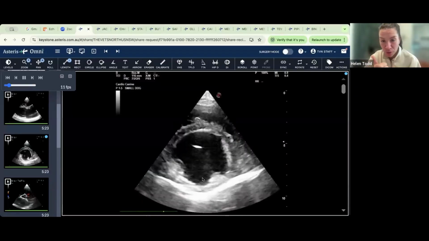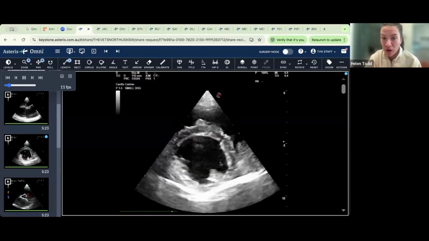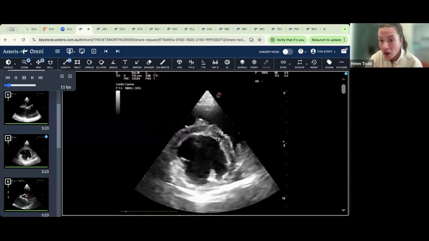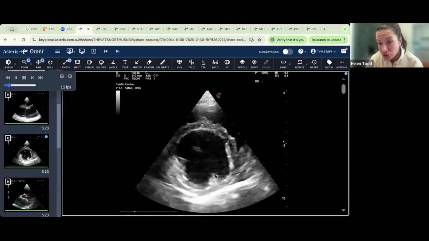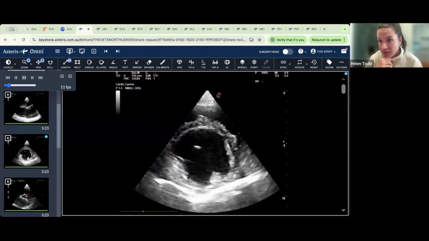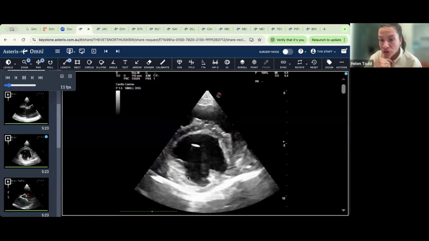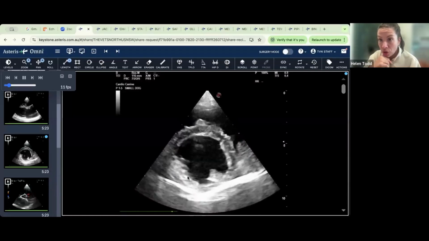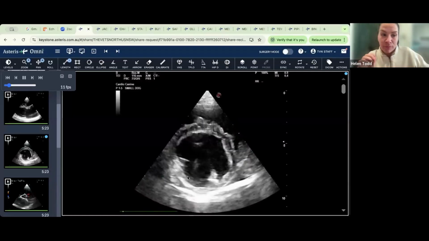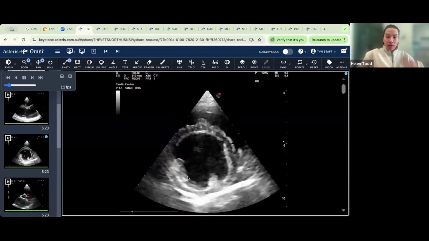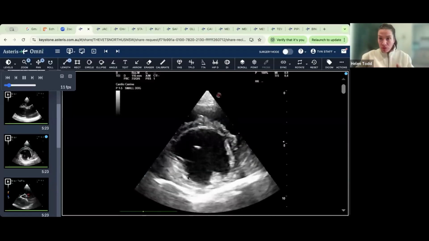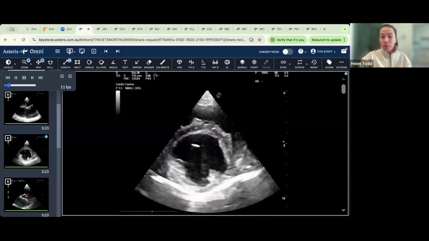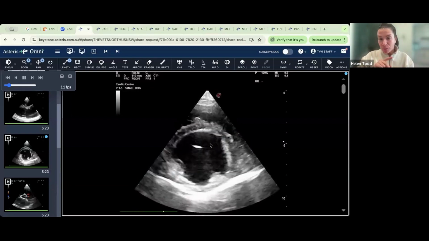We can look at pleural effusion, pericardial effusion. We can look at the right side of the heart. We can see that we've got a nice mushroom. And we can subjectively look at contractility. But if you have the option of an M mode on your ultrasound machine, which is when we place a line, we place a cursor straight through the heart, this is a beautiful view to get two really, really important